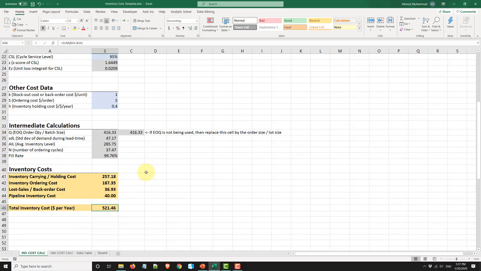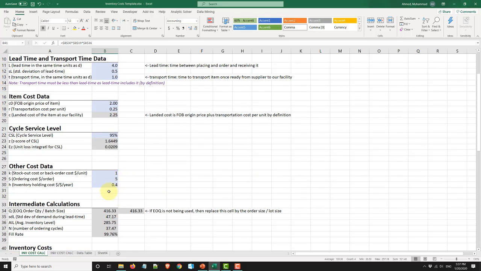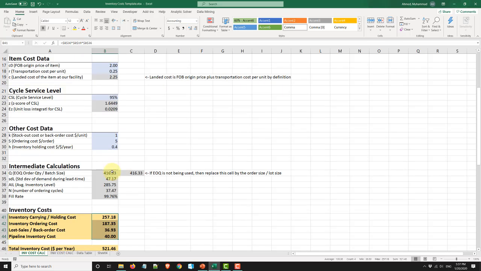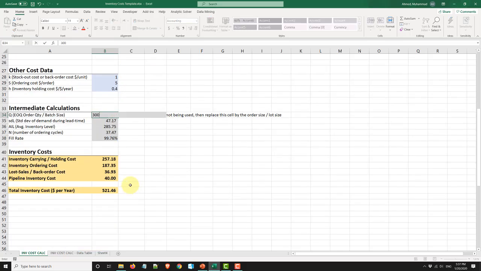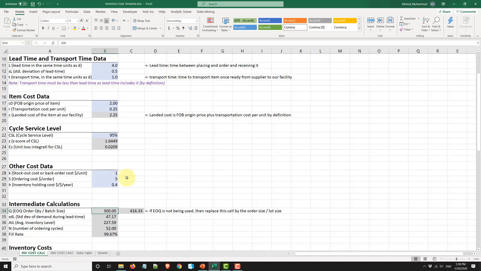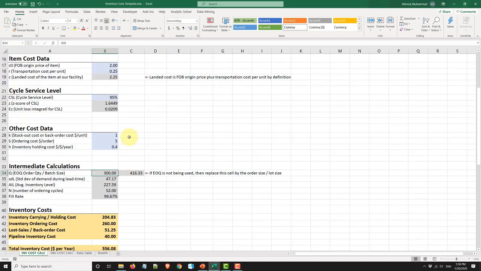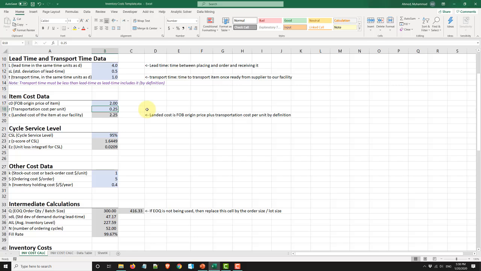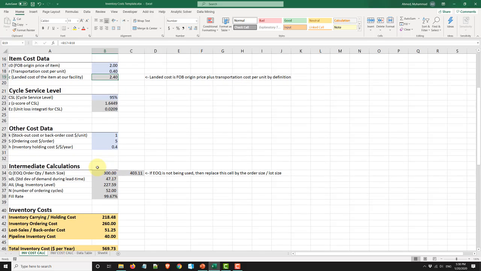Now, oftentimes we're interested in what happens to total cost or these individual costs as we change some parameter. So let's go back to our situation. Let's say we were shipping in a truck where the amount of bread we fit in was 300. So we got 300 bread loaves at a time. That was our ordering size. And now we have an option that we could do LTL shipping, less than truckload shipping. That's going to cost us a bit more. Maybe it's going to cost us 40 cents a piece, but